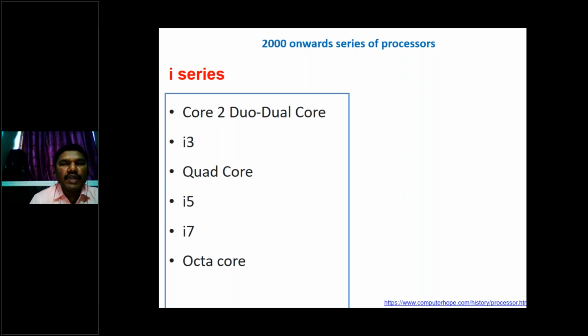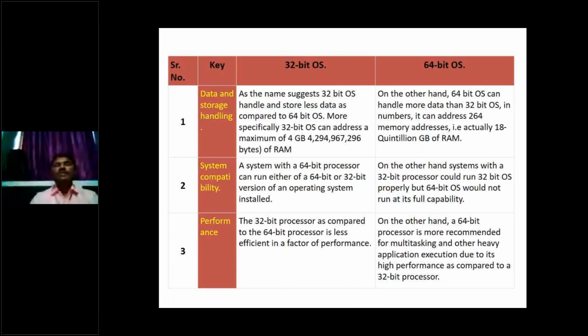Next, 32-bit OS and 64-bit OS. When microprocessors changed from 4-bit to 8-bit, 8-bit to 16-bit, and 16-bit to 32-bit, parallelly these microprocessors needed some operating system to run the computer. If the microprocessor is 64-bit, is a 32-bit OS enough to run the processor? No. Parallelly, they must design a 32-bit operating system if it is a 32-bit microprocessor, and a 64-bit operating system if it is a 64-bit microprocessor. Then only can speed and performance be increased. Otherwise speed and performance will be a little bit slower.